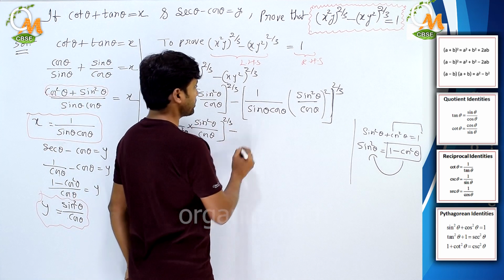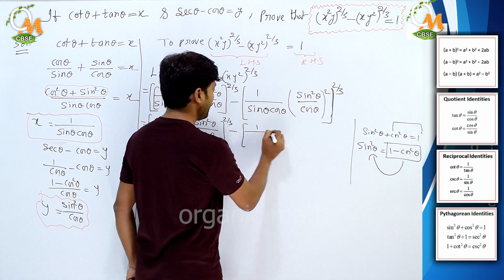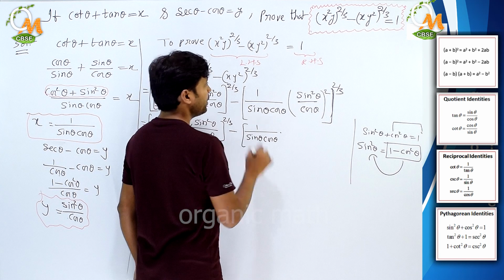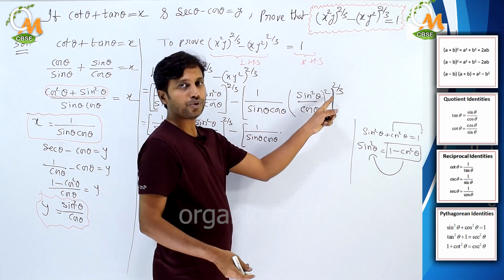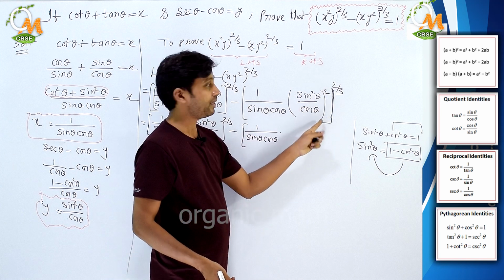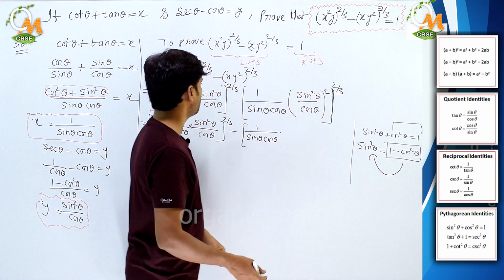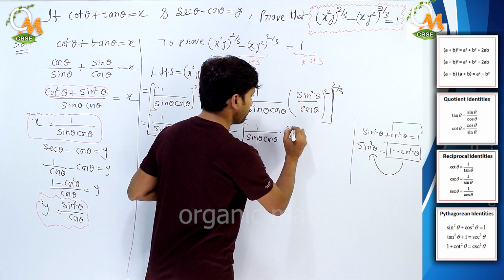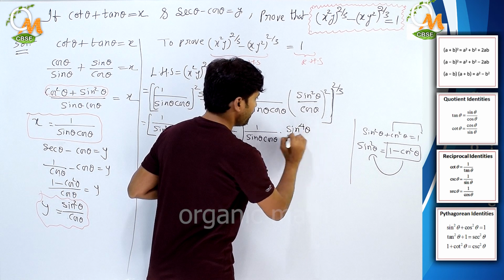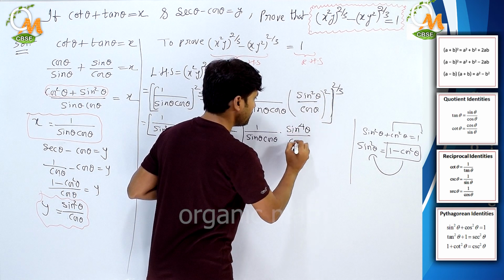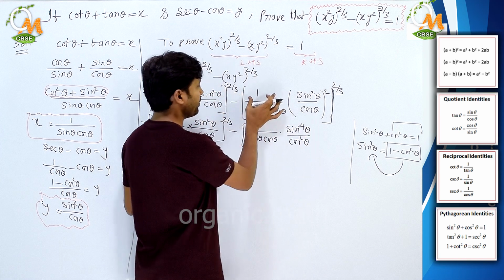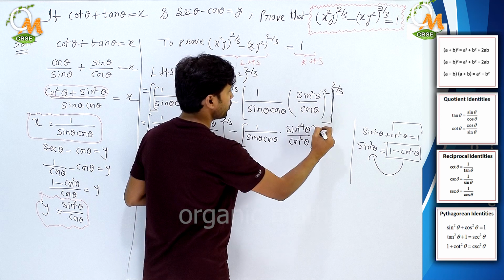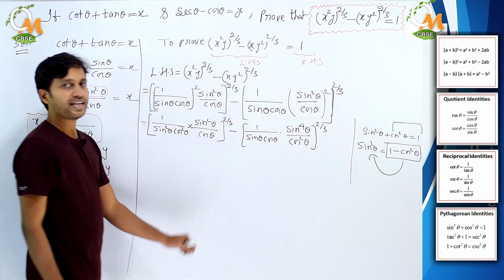Okay, now minus, write down 1 by sin theta cos theta into, now just see here, here also we need to put this square to the numerator part and denominator part. So sin square theta whole power 2. How much is that? Sin square theta whole square means sin power 4 theta, or not? Sin power 4 theta by cos theta whole square, that would be cos square theta. We wrote it as it is and we simplified this one. Now we need to put again whole to the power 2 by 3 for this expression.